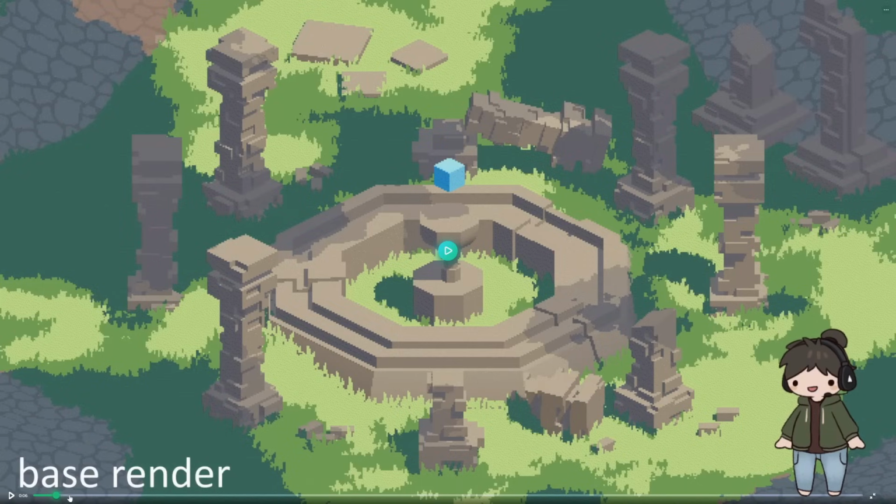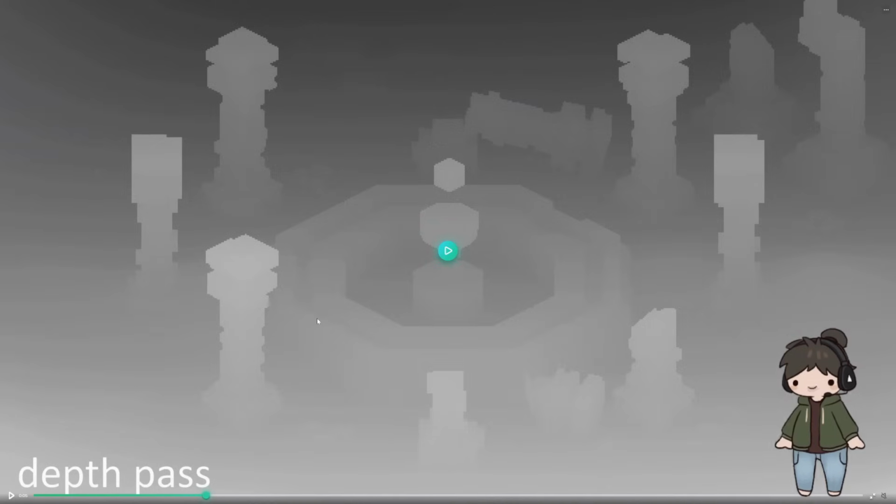The next thing that you need to do is gain access to the depth buffer. The depth buffer is extremely useful, and you can think of it as a texture that is lighter the closer you are to the camera, and then gets darker the further away an object is. Sometimes, depending on funky things and camera settings, it can be flipped, so it's darker and then gets lighter the further away you are. But it's super useful